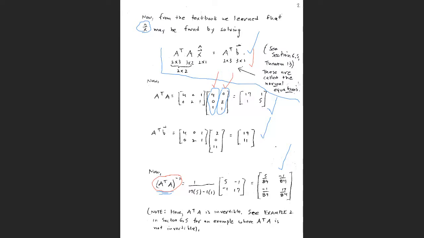Here A transpose A is invertible, but example 2 in section 6.5 will show you an example where A transpose A is not invertible. And we'll have a little time to mention that quickly after our